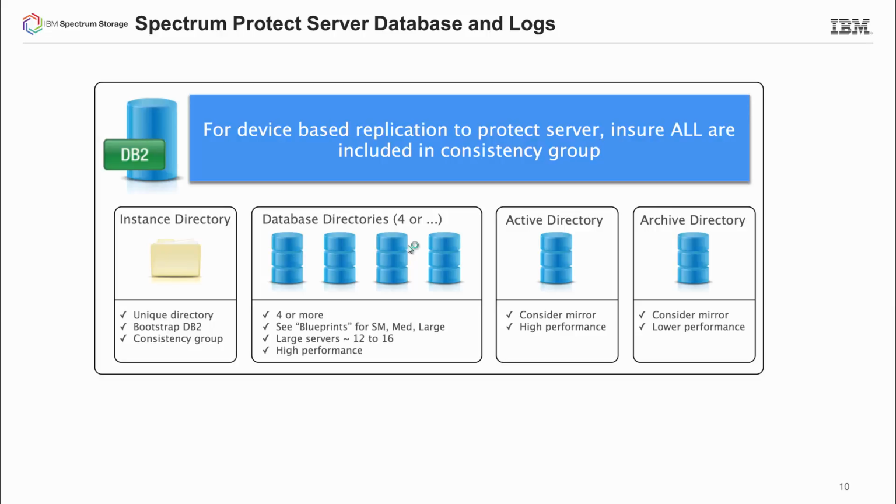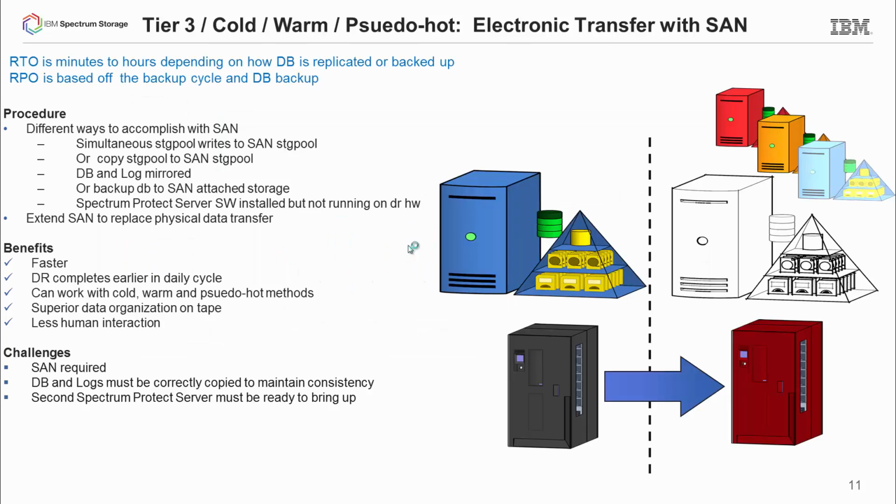In these cases, we have to include in the consistency group the instance directory, all of the database directories, the active directory, and the archive directory for the logs. All of those have to be replicated over to the secondary location. With this tier 3, for the storage pools, we are going to utilize either a simultaneous storage pool write utilizing SAN attached storage, or we're going to do a copy storage pool to a SAN attached storage pool. Either way, the storage pool is taken offsite because it's being copied to a second device that is attached to